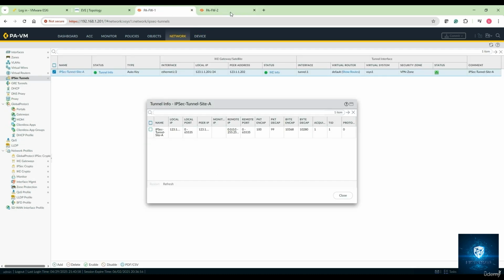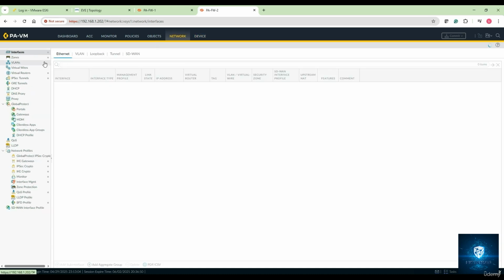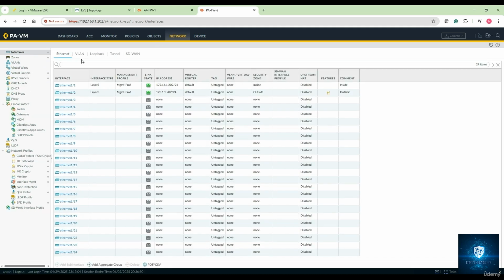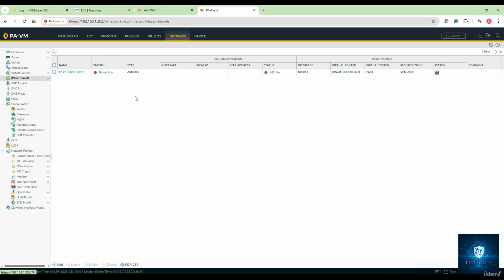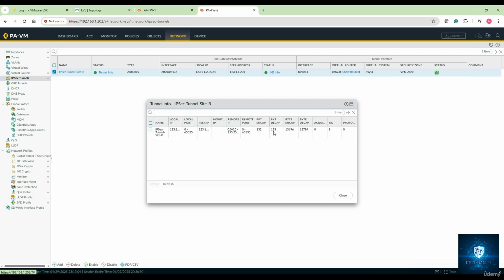Likewise, in PFW2, under network, if you look for IPSec tunnels, it's also there, tunnel info. Look for the packet encapsulation, even that is getting increased, right? All right, so